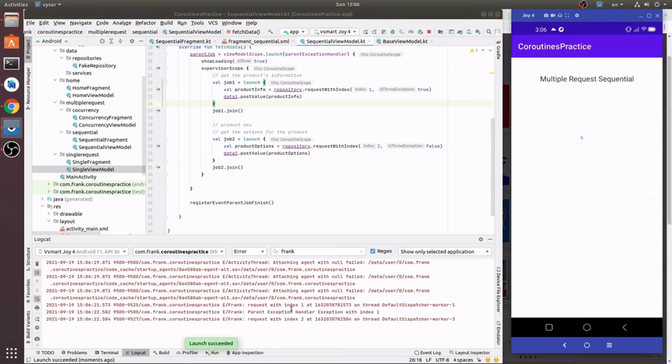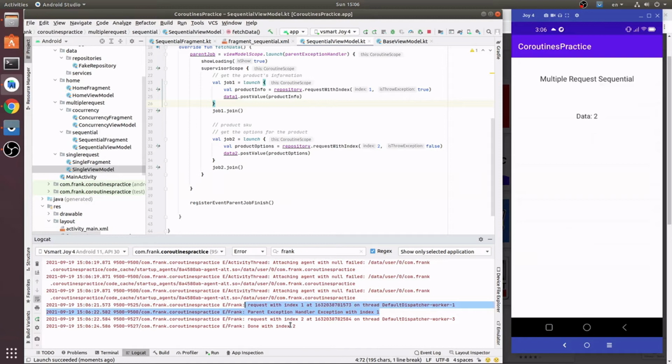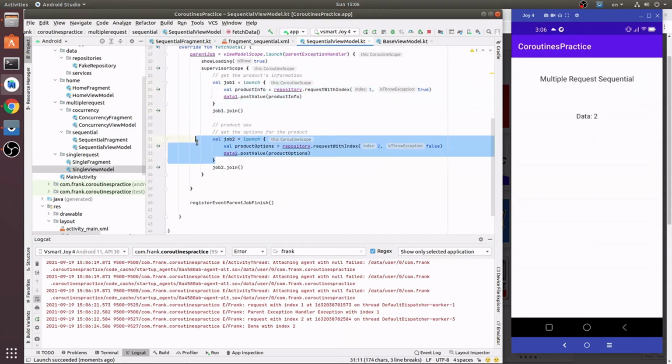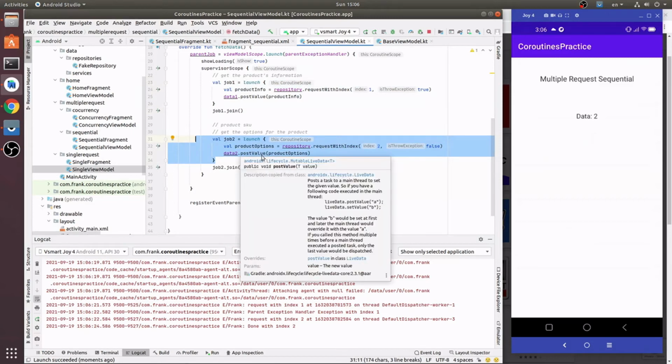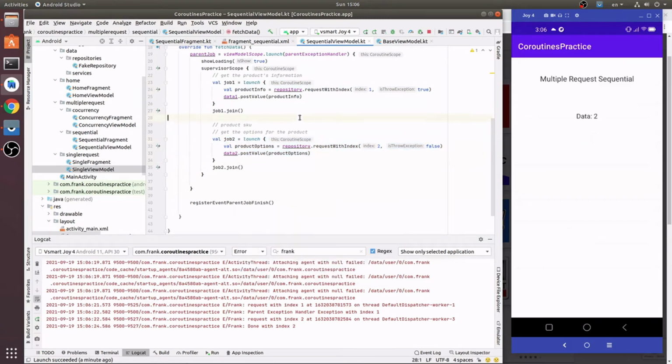Click on it, and you can see in the log that when request 1 fails, request 2 can start and can finish, and the data can show on the screen. But I don't think we have a real use case in a real project, because if request 1 and request 2 can finish independently, we will call them concurrently, right? So okay, that's it for